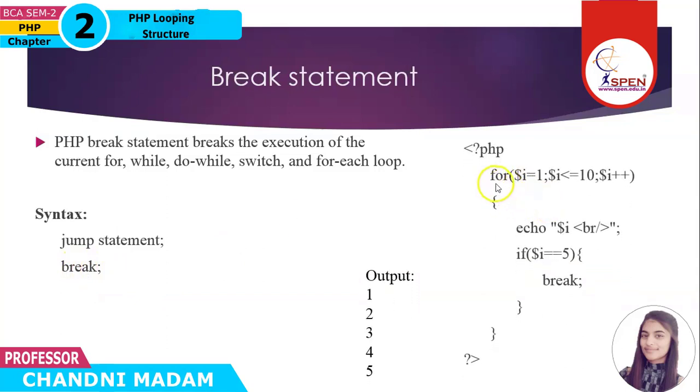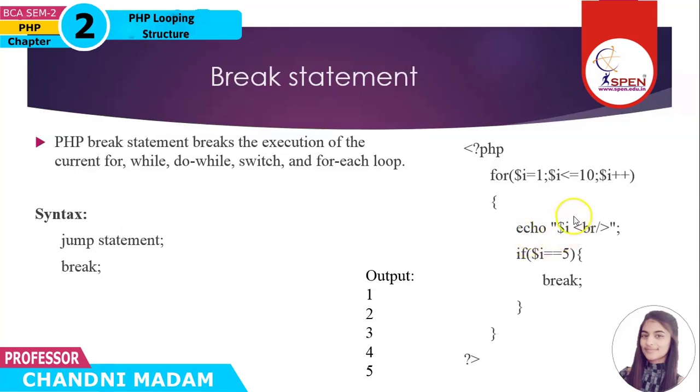Here we have used a for loop. Here we have used counter $I. It is initialized to 1. We have given one condition: I less than or equal to 10. If this condition is true, then this code is executed. Otherwise, it terminates. And last, we increment our counter by 1. So first time 1 is less than or equal to 10. The condition is true, so it goes into the loop.